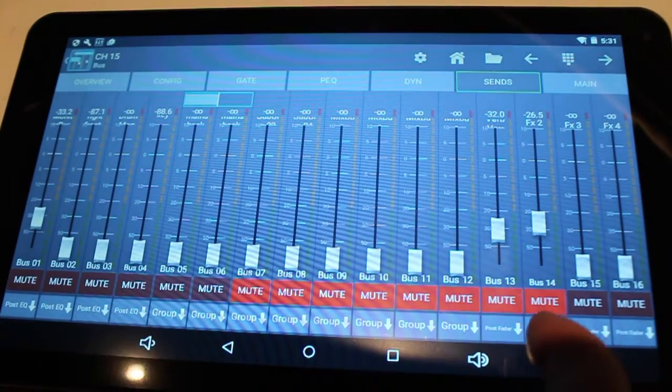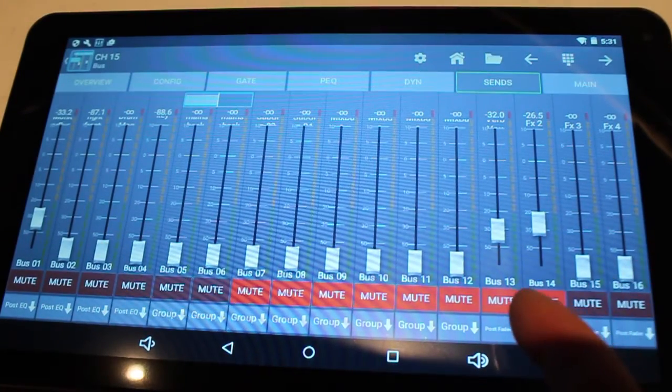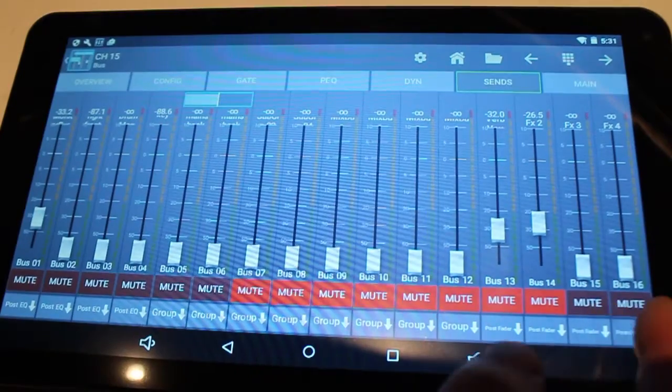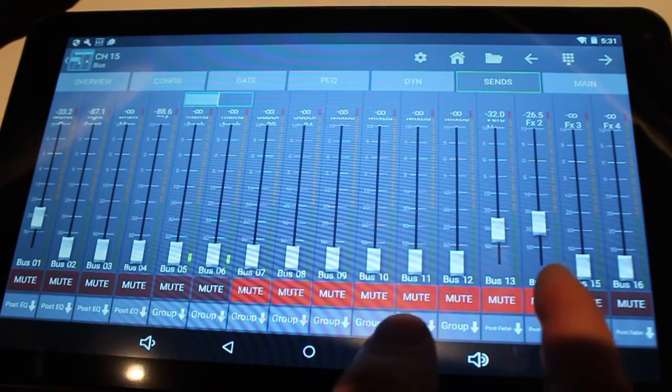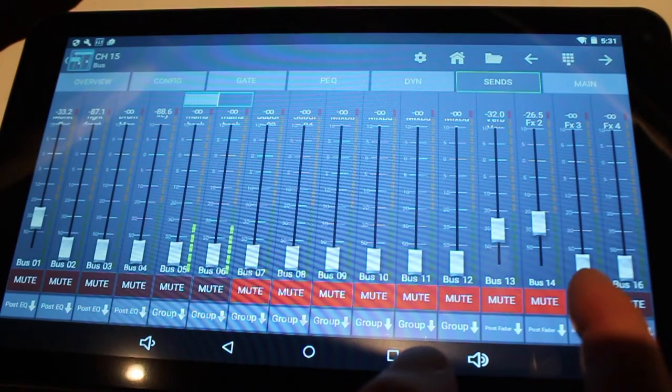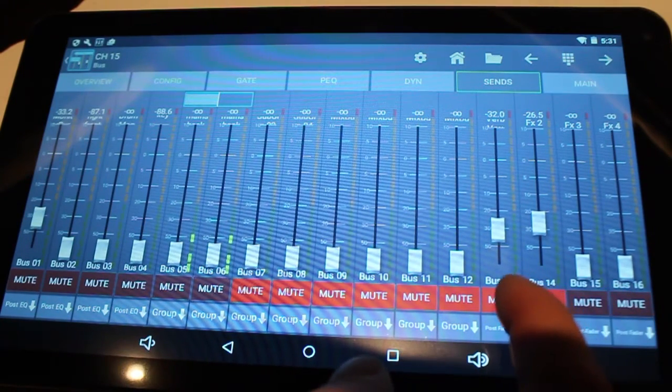If you come over here, the last 4 are going to be your effects, 13, 14, 15, and 16. So this is your reverb, right? Right now the reverbs are muted on this channel. So if I go here, the reverbs are muted. If I unmute them,